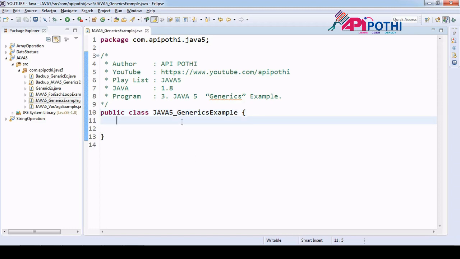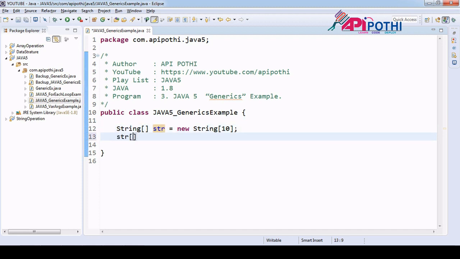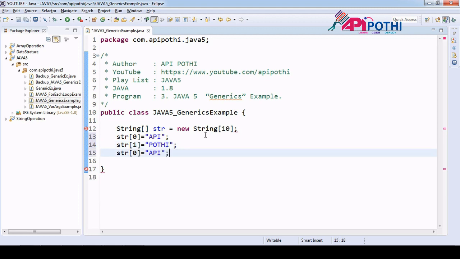So just see that we created one array. String str equal to new String of size 10. Very simple, we created one array having size 10 which is string type. No problem here, right? Now in this array I start keeping values. For the 0th position, I am keeping the value API. Whereas in the first position I am keeping the value POTHI. For the third position, I mean the second index,